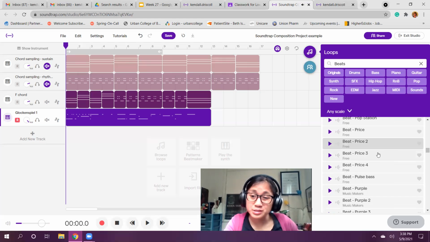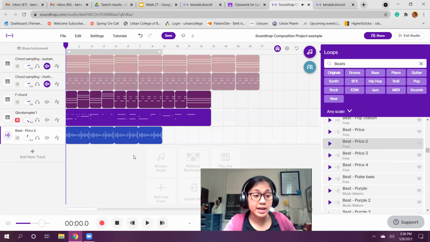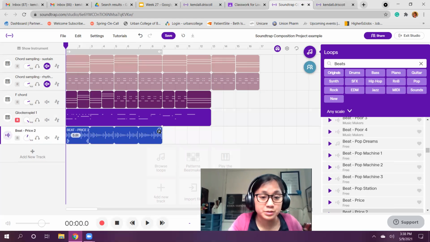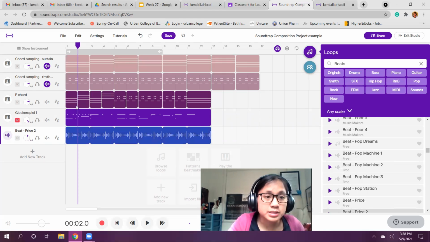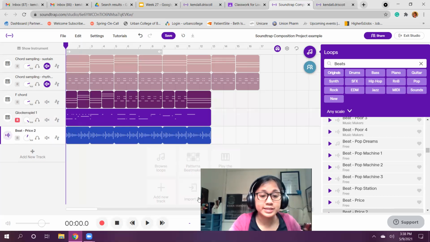I kind of like this one, so I'm going to take this. I'm going to double click it and add it over here. So now I have my loop in here. To make it longer, I click and drag. So let's see. I'm going to take my piece and let's hear what it sounds like with that new loop